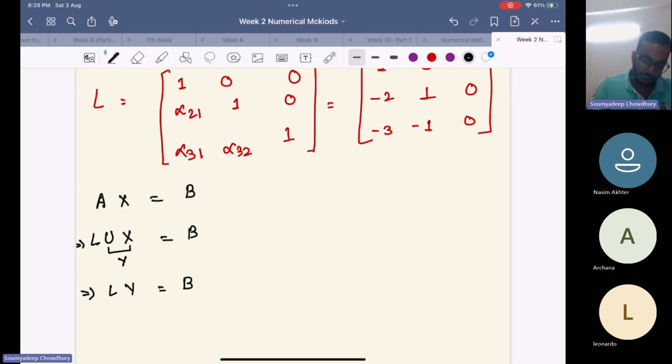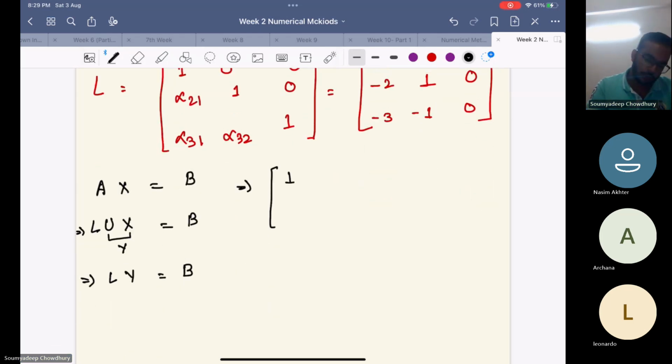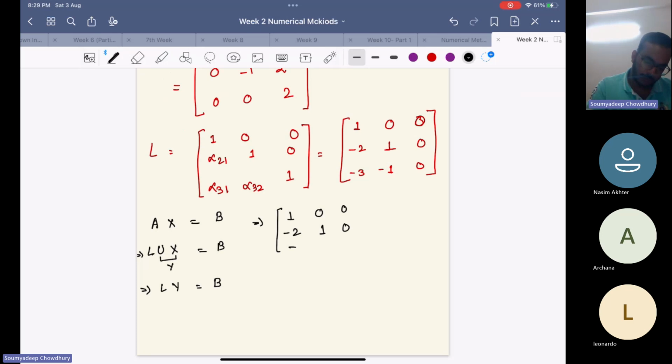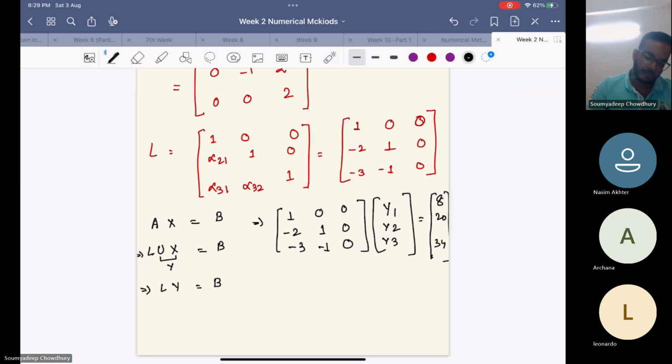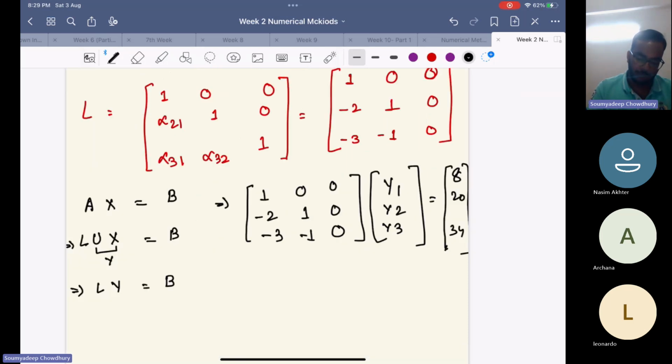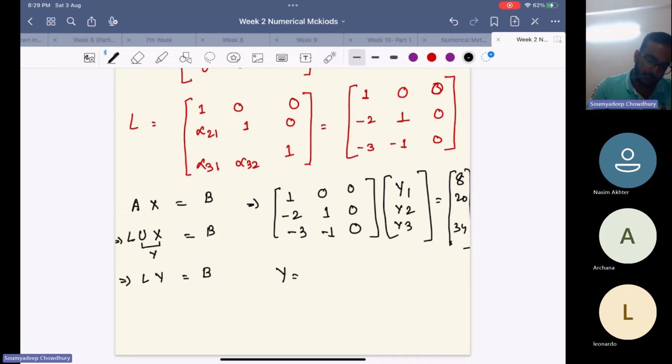So from this, L we know, right? What is L? 1 0 0, minus 2 1 0, minus 3 minus 1 0, into Y. So I write it Y1, Y2, Y3 equal to your B. What is your B? B is basically 8, 20, and 34. So if I just solve this and find out what Y is, Y is basically,